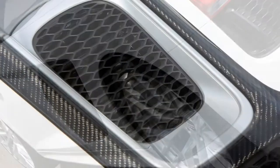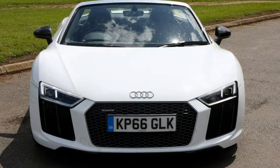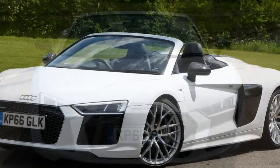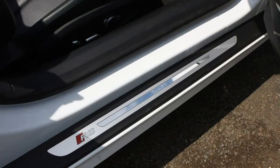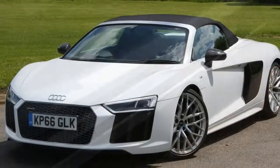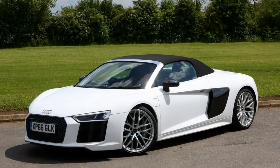Amazing acceleration. Sonorous sound. Easy to drive. The standout feature in the Audi R8 Spider is without a doubt its stunning 5.2-liter V10 petrol engine. Spec highlights: